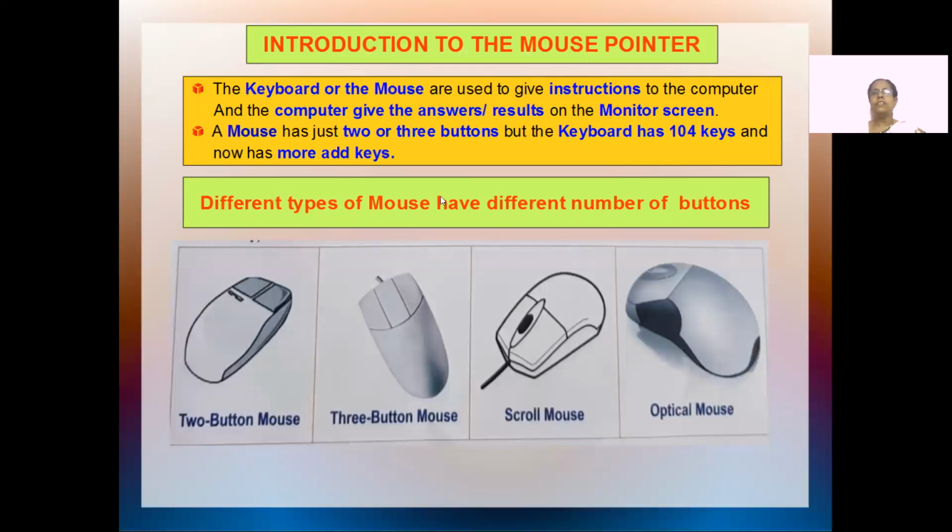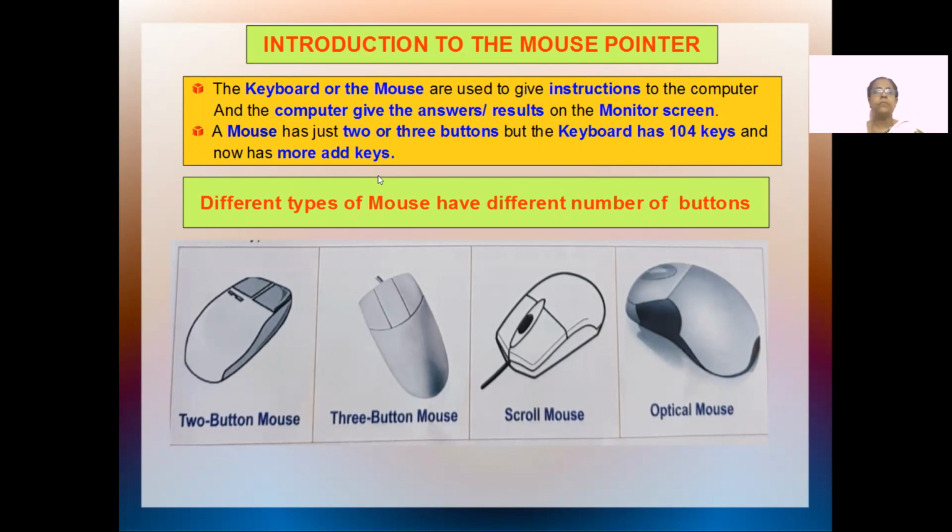As you know, the mouse is an input device. It helps us to do work on the computer. So we have two input devices which we most commonly use. One is a keyboard and the other is a mouse. Both of them help us to give instructions to the computer. What does a mouse and keyboard do? Both help us to give instructions to the computer. And we get the results, and this answer is called a result,